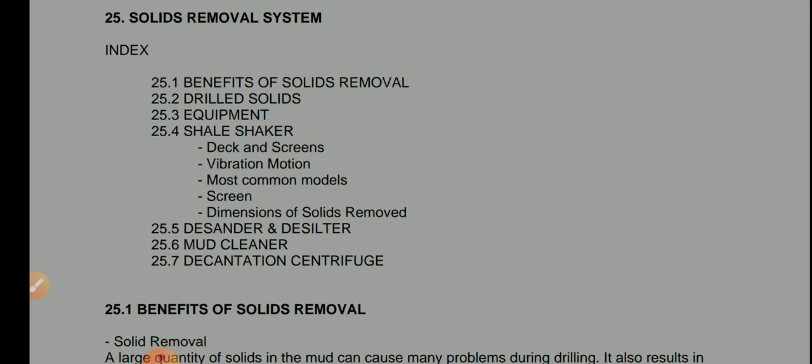system. First and foremost, from the wellbore it comes through the flow line. After that it comes to the possum belly, then it reaches the shale shaker. From the shale shaker we separate the big cuttings, maybe shale, lime, whatever stones are coming from the wellbore. If any additional amount of weighted particles or waste particles is present inside the mud, it is again processed with the help of solids removal control systems.